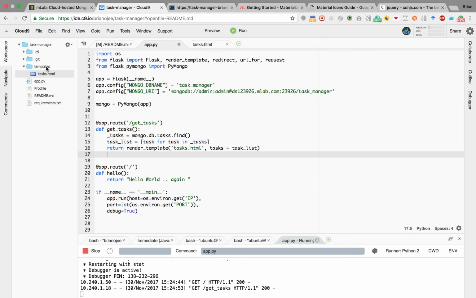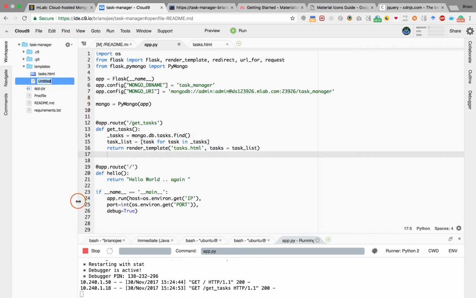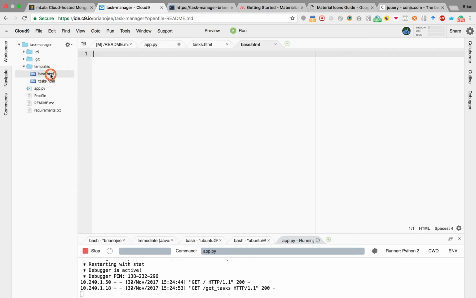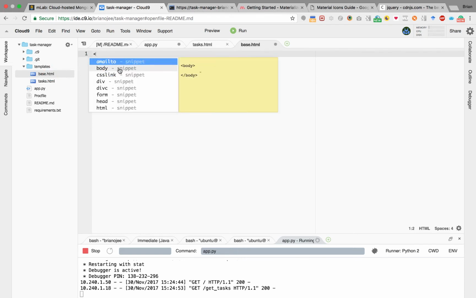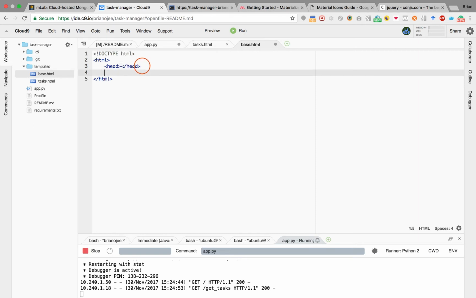We now have our Mongo database wired up to the Flask application, and we're in a position now where our documents are displaying on the screen in the template, although we only have one document at this point. So let's do a little bit of refactoring, and what we're going to do is create a parent template for all our views or our templates, the HTML files. And to do that, we're creating a new file called base.html,